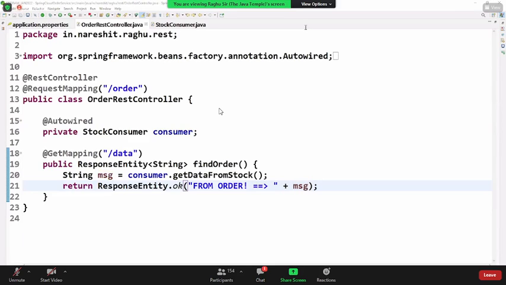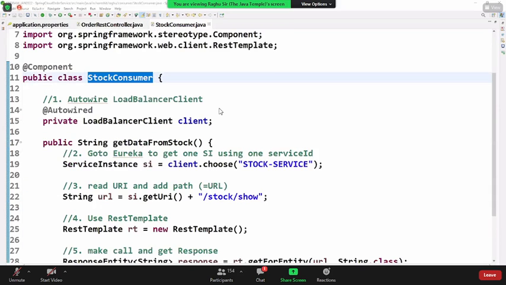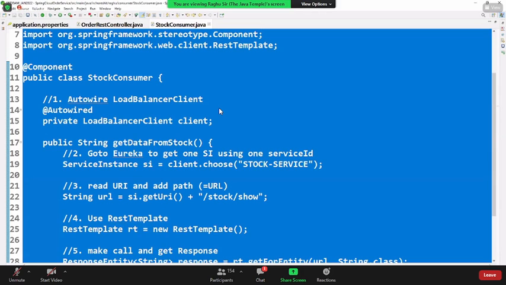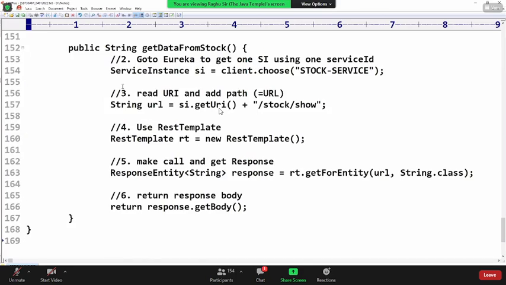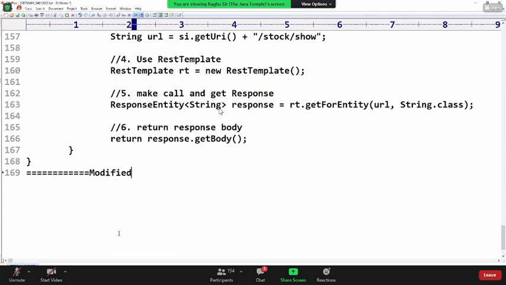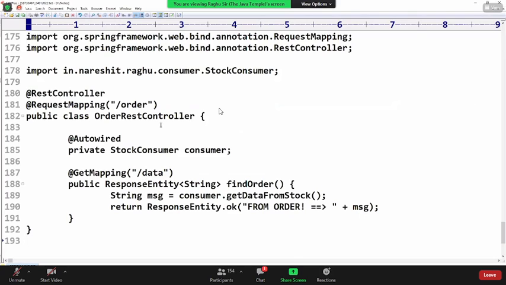Modified. Okay, last one. This is a consumer, and the modified REST controller. Just a has-a relation and making a call, nothing else.